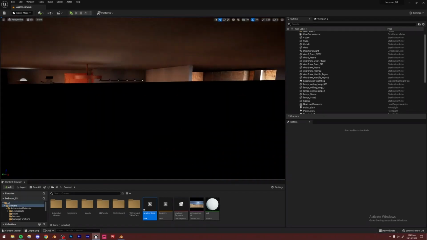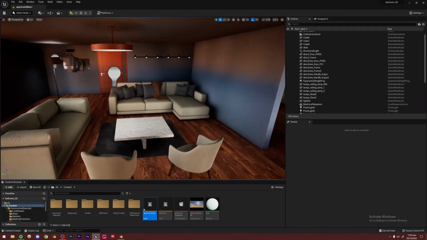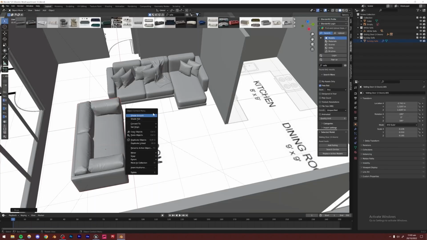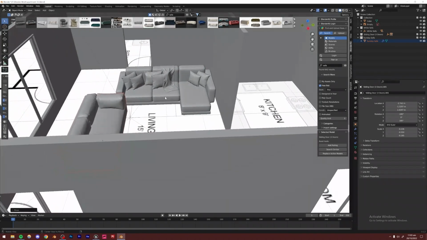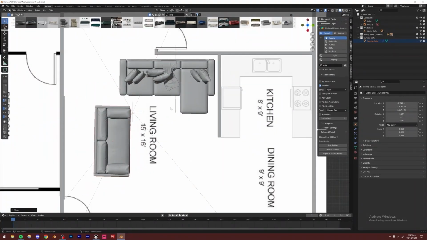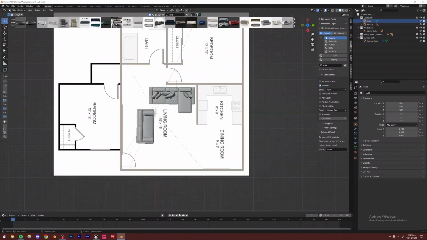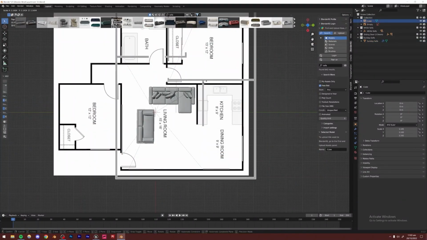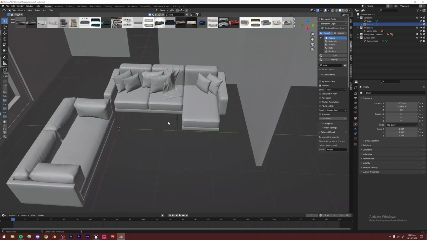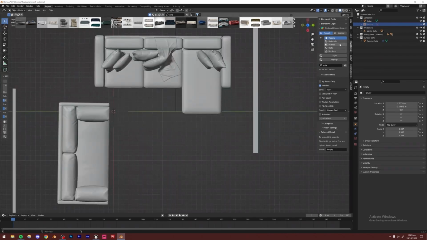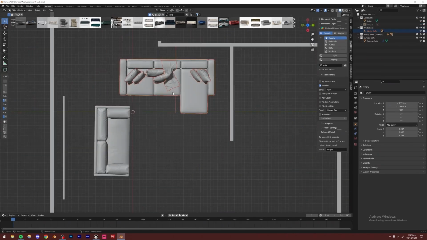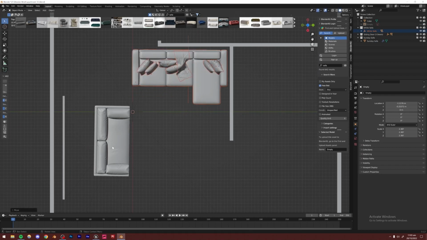Right, so one thing which I'm noticing is that these sofas are a little too big. So I'm going to scale them down a little bit maybe. Or one other thing which we can do is scale this whole thing up, something like that. And we can just hide this reference in the background. Just hide this empty. And I think that's looking much better. So now I'm going to select this white sofa, just move it right there. And this one,